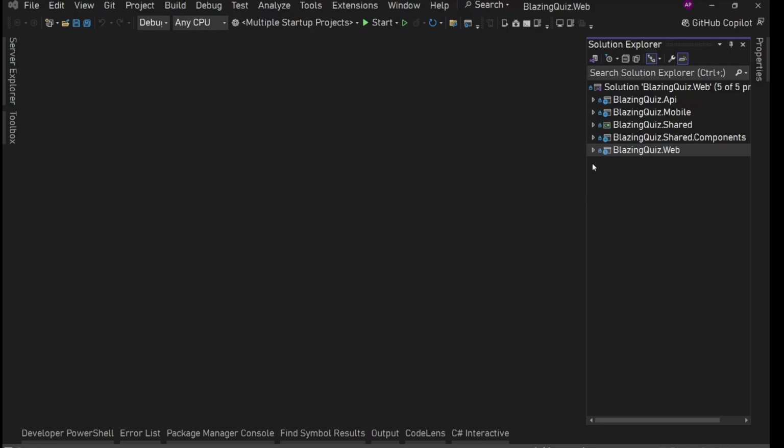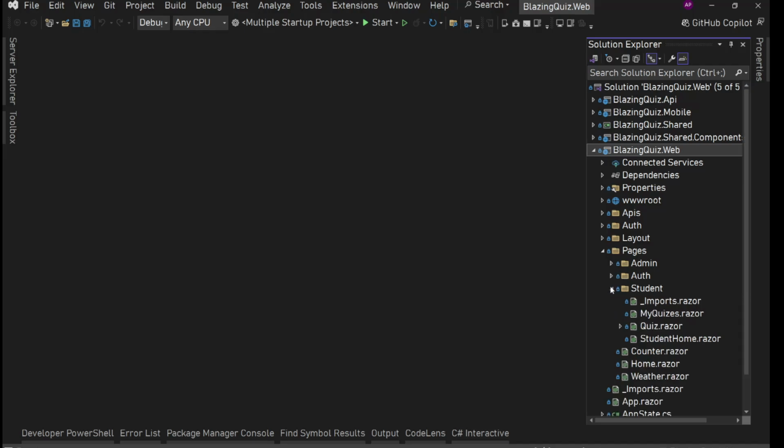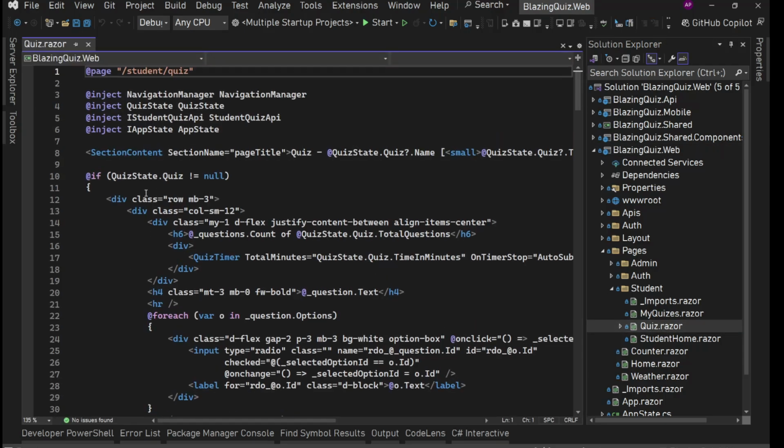All right. So after the main quiz page, let's work on this my quizzes page. Or maybe before that, let's do this on quiz page. As I mentioned, we don't need that left section. Okay. So for this, what we can do, we have our main layout where we have our left